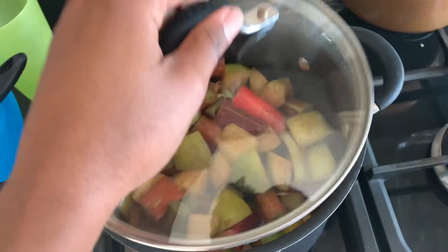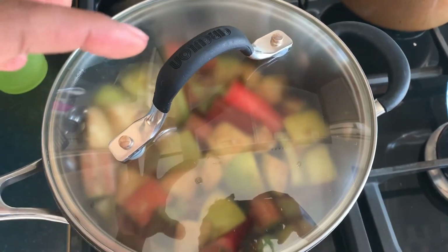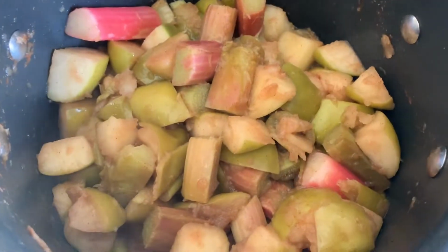Gonna pop a lid on this so that we can get all of the lovely steam to cook everything that's in there. So I've just mixed this all up after about 5 minutes with the lid on, and my apples are all smushed. I actually leave the skin on with the apples because it helps hold the shape of the apple. Whereas they're smushing up now, had I not, they would have been smushed up from the very beginning